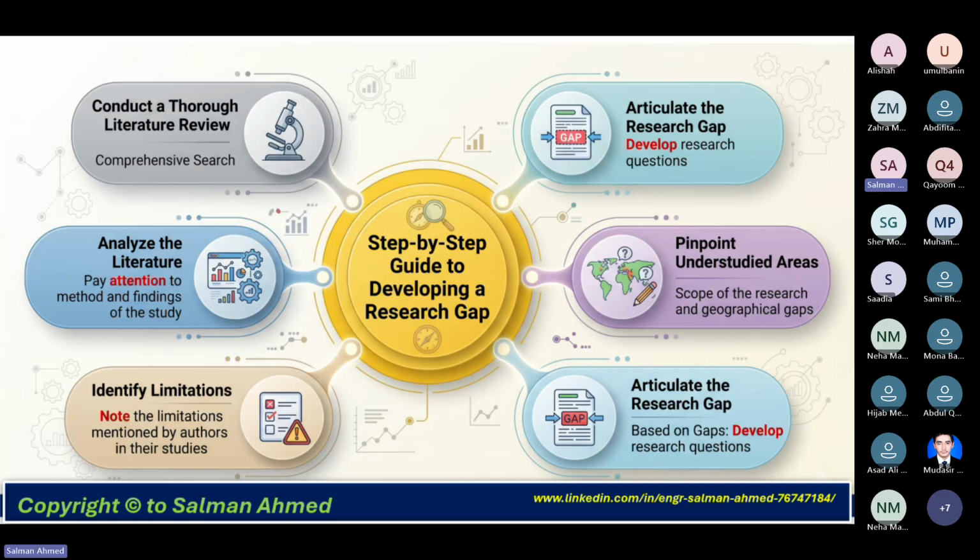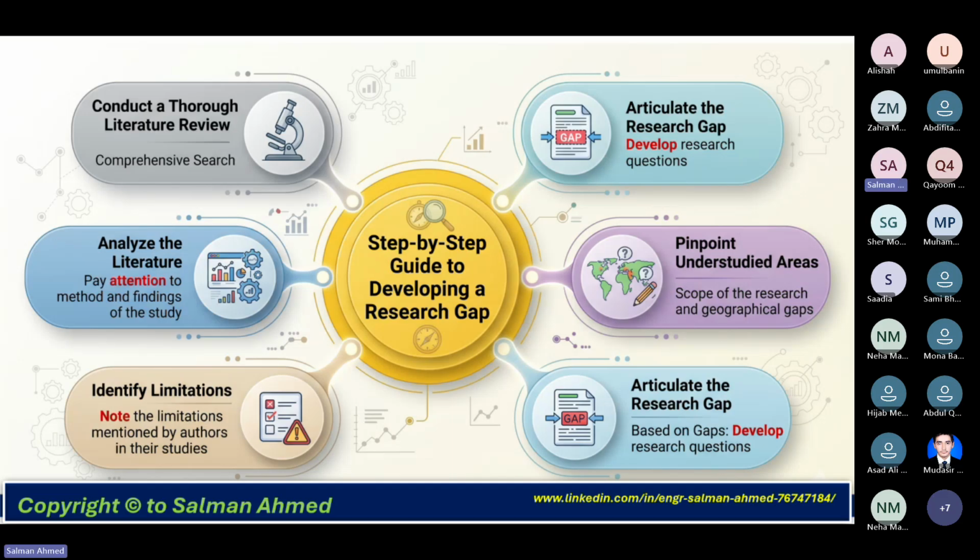That is not always right, that if someone has not worked on some area, you should work on it. So be careful. Sometimes it happens that if others have not worked on some area, it might not be the focus of that area. So be careful about that while selecting any area for your research.